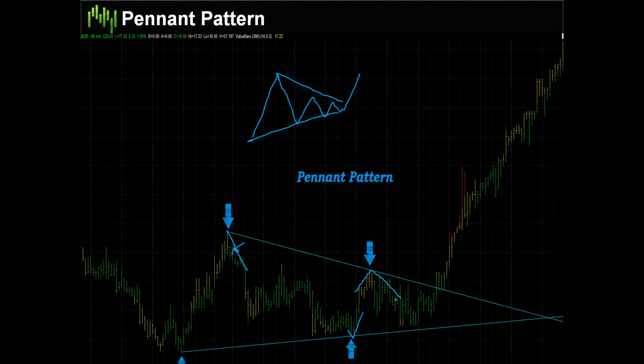Is there a certain number of consolidation waves? For a pennant anyway, you want to have at least 2 points at the upper end and 2 points on the lower end. You can have more. You can see here, let me erase some of these drawings,